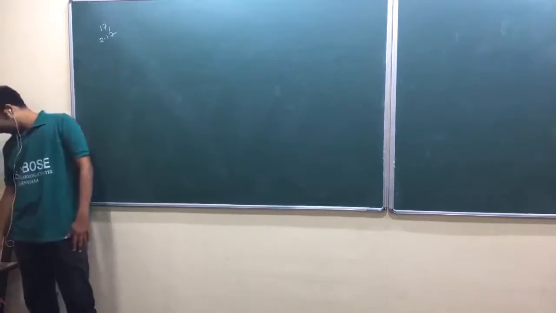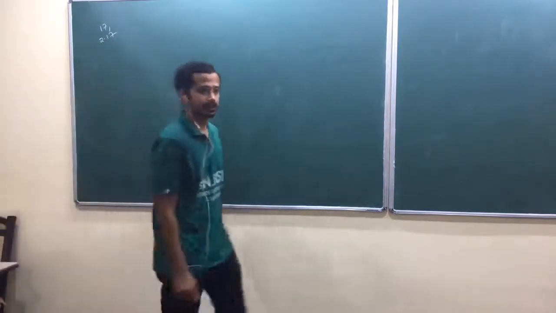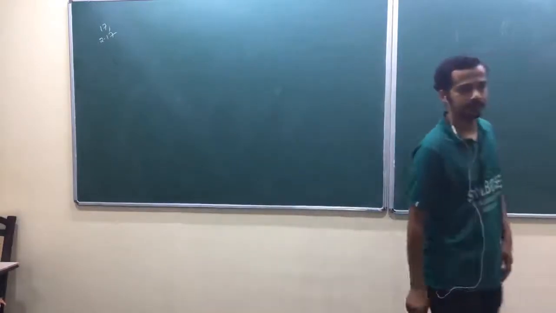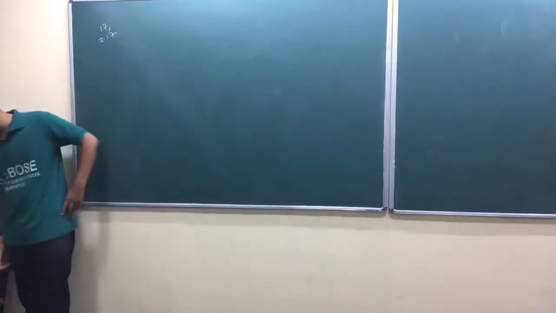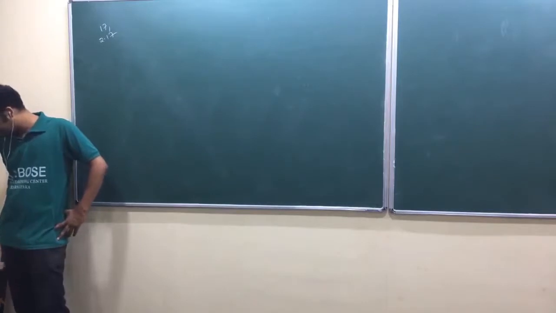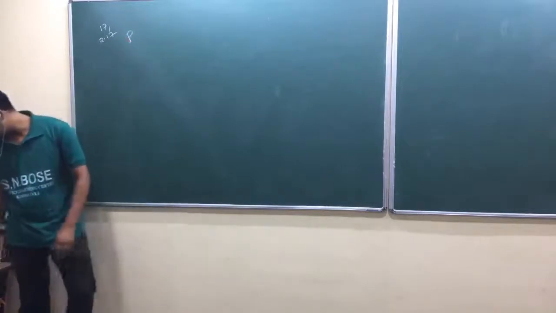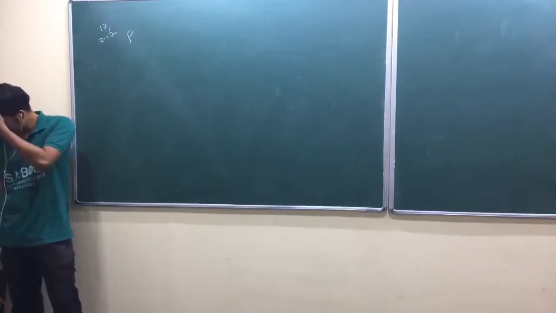An infinite plane slab. Okay, again, whenever you have an infinite plane, there is a symmetry, and you can apply your Gauss law. An infinite plane slab, thickness 2d, carries a uniform volume charge density rho. So find the electric field as a function of y. He has given that one.